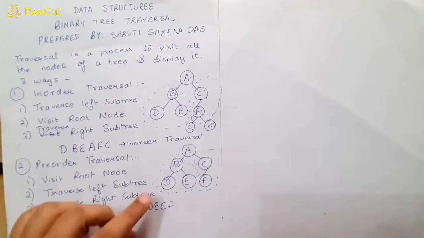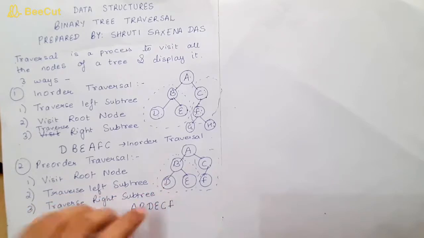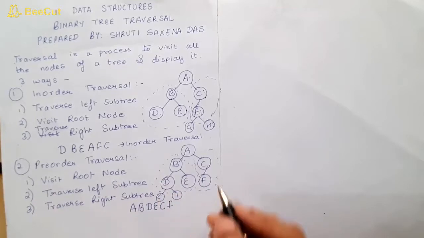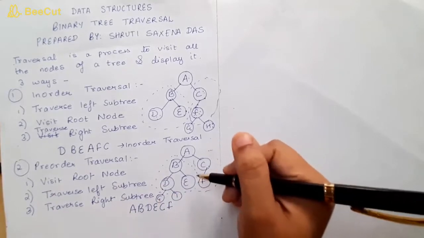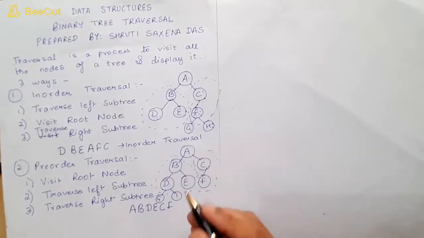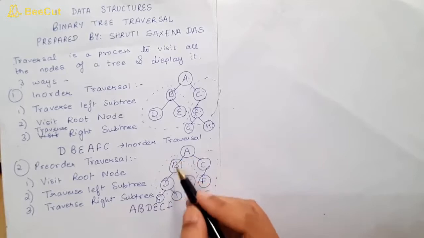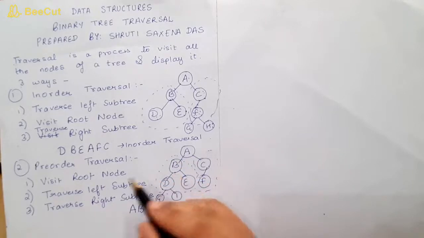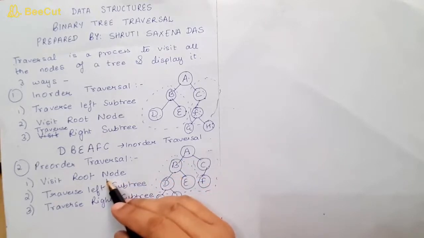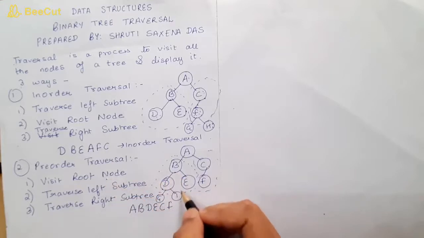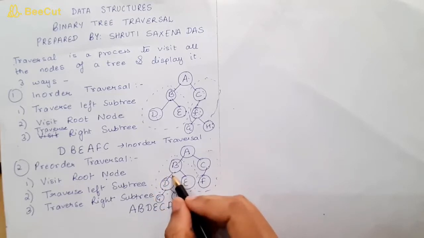Again, suppose you are having any more further nodes, suppose in D you are having G, I, these two child nodes. So in this case what will happen? See, first of all A will be traversed, then control will come to the left subtree, then B will be traversed because root node will be traversed first in case of pre-order. Then control will come to the left subtree. In left subtree we are having D, G, I. So again we'll treat it as a tree and we'll apply pre-order.